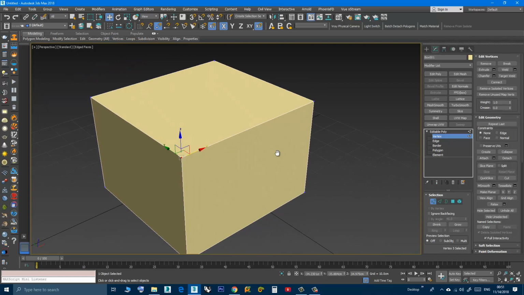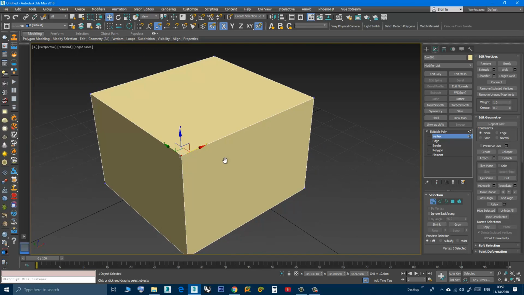One last thing. Target weld. If I click target weld, I will click on this vertex. It doesn't have to be selected, by the way. I will click on it. Now release the mouse button, just move it